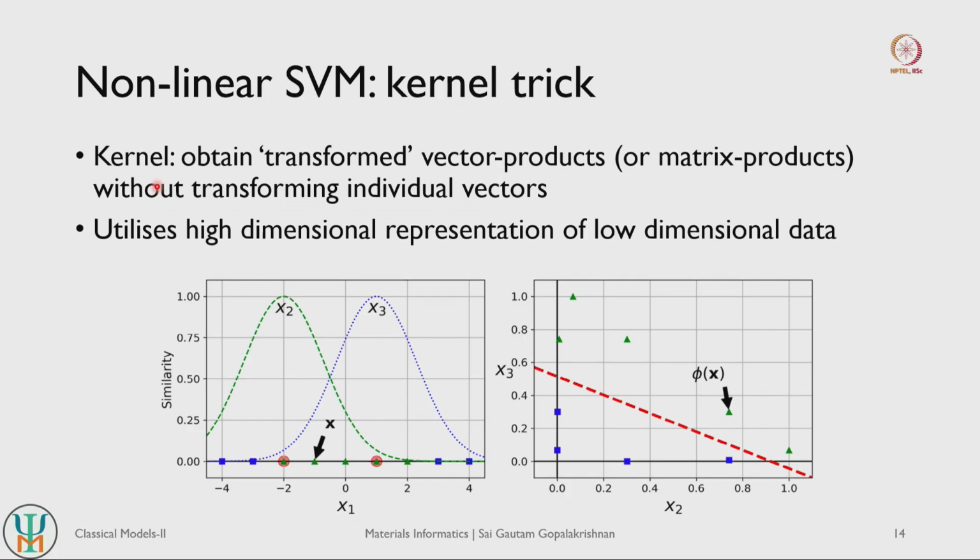So what is the kernel trick? The kernel trick is a mathematical trick, and it is often used to obtain transformed versions of whatever features that you have, right. So let us say you want to go from Cartesian coordinates to spherical coordinates, for example. You typically do some kind of matrix multiplications or rotations of your vectors that you have in your Cartesian coordinate, and once you do those multiplications or rotations, the resultant vector would be in a spherical coordinate, right. So going from Cartesian coordinate to a spherical coordinate can be considered as a kernel operation, where the kernel is basically your rotational matrix or your transformational matrix that you would have to multiply.